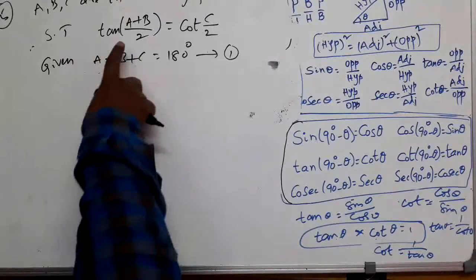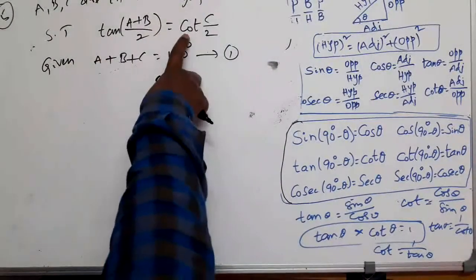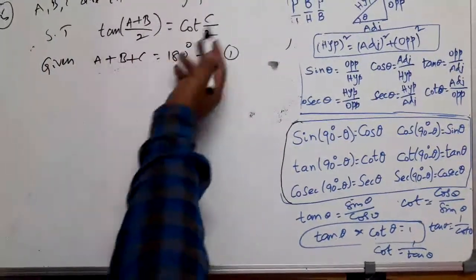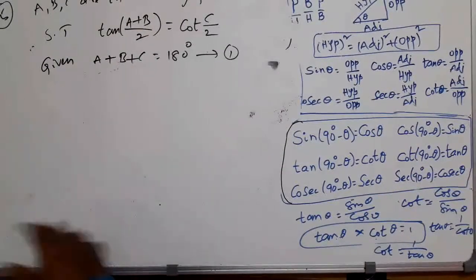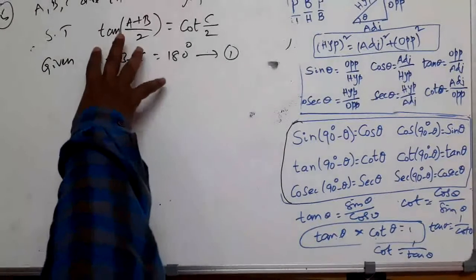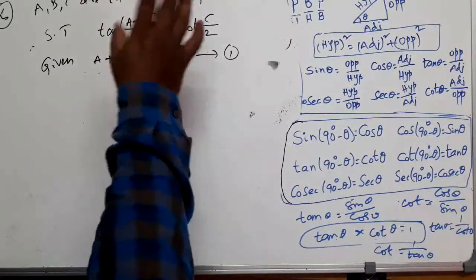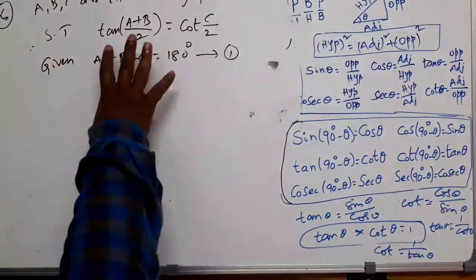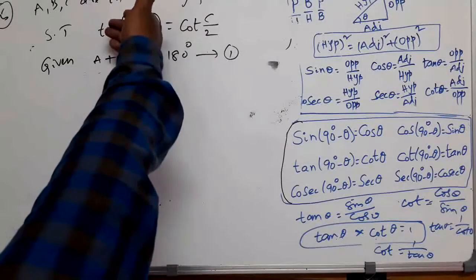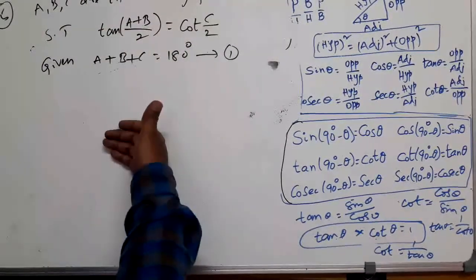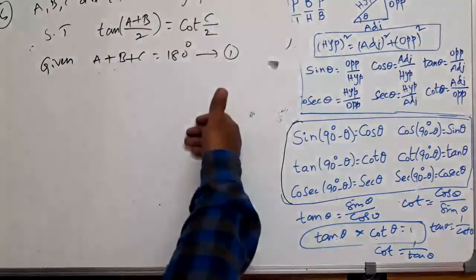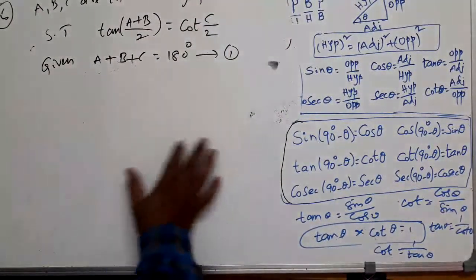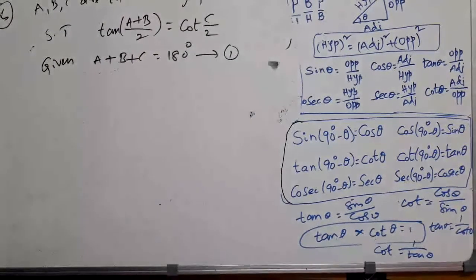Now we are supposed to show that this term is equal to this term. It has got a left hand side part and a right hand side part. So any of the three methods you can follow. We have discussed earlier, right? You can start at the left hand side part and bring the right hand side part, or you can start at the right hand side part and bring the left hand side part, or start at LHS, simplify to some extent, and also start at RHS, simplify to the same extent, so that the resultants are the same. You can follow that also. Any method you can follow.